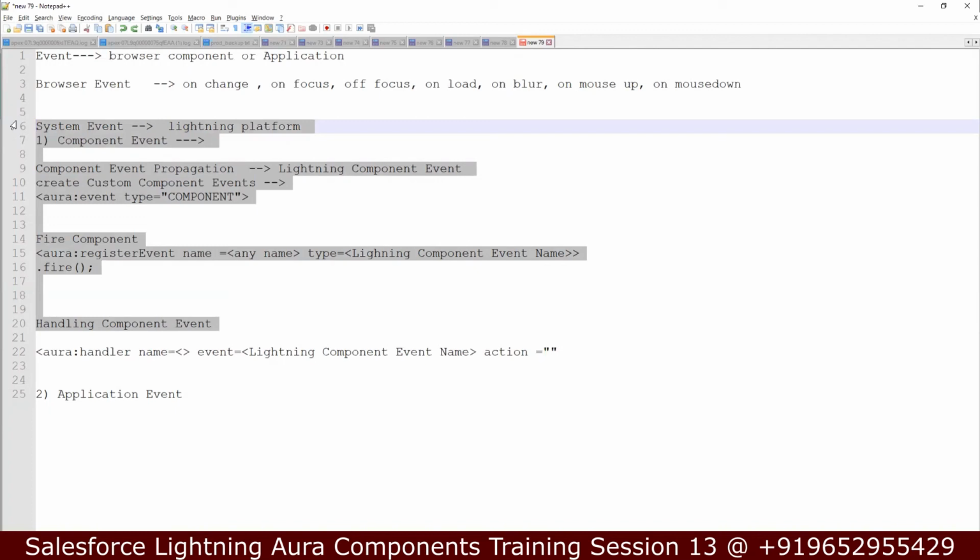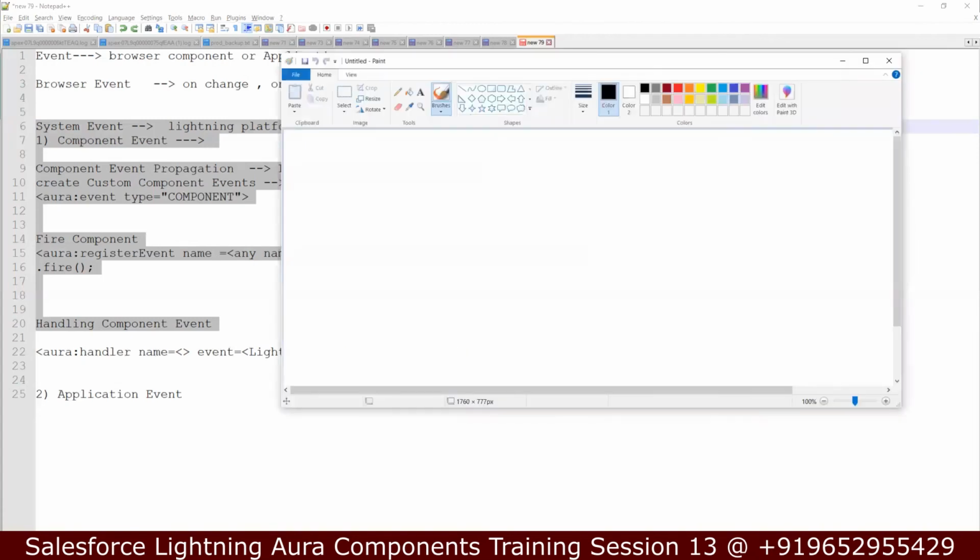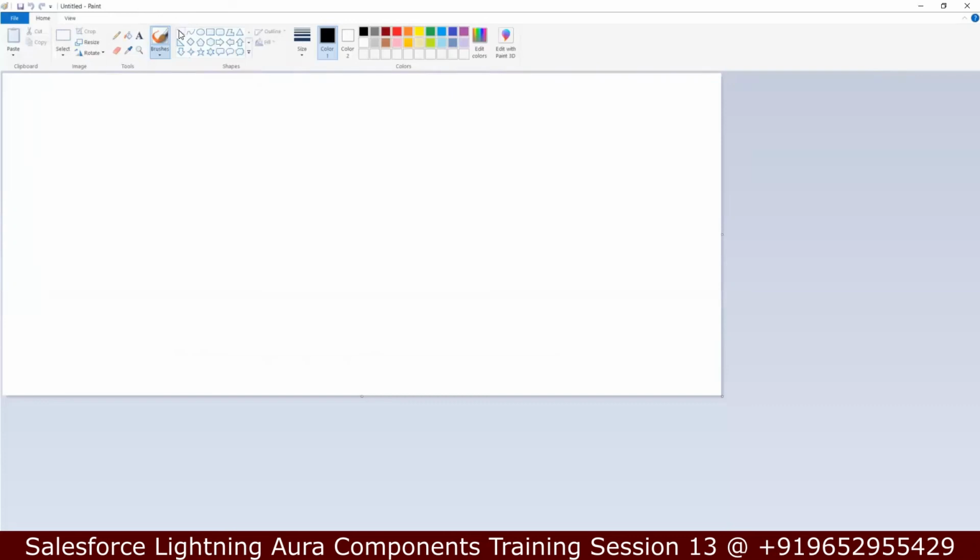Today, my whole work will be divided into 2 pieces. We will be doing the event only, but let me divide the work into 2 pieces. Let me open Paint. So today, whatever we are going to do, we'll divide the work into 2 pieces. Level 1, we will complete today. Level 2, if time permits, we'll complete today. Otherwise, we'll do it tomorrow. So the first one,